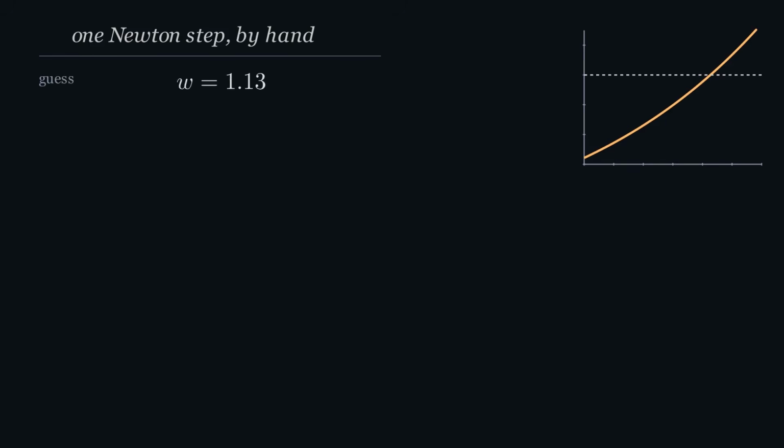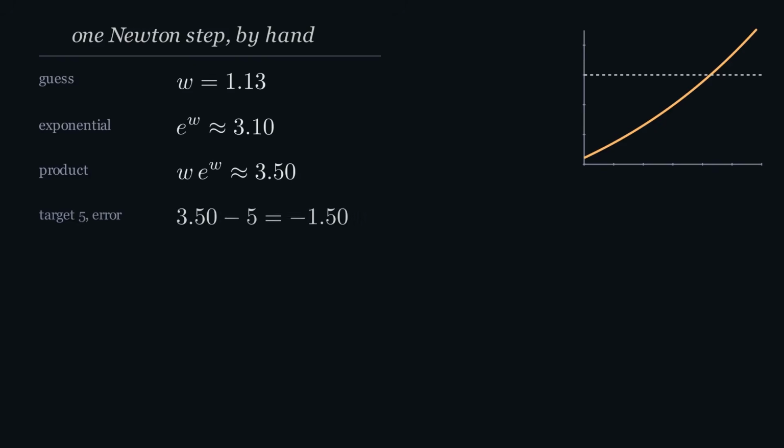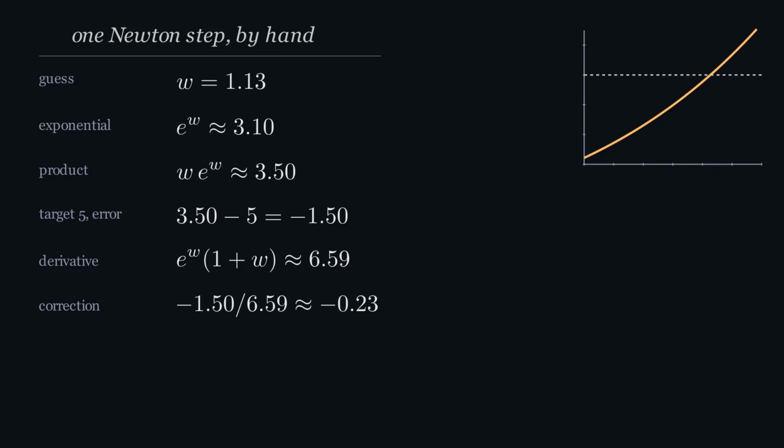My guess is w equals 1.13. I compute e to the 1.13, about 3.10. Multiply by w, about 3.50. But I wanted 5. So my error is negative 1.50. Now divide that error by the derivative. E to the w times 1 plus w, about 6.59. That gives roughly negative 0.23. Subtract it from my guess. New guess,